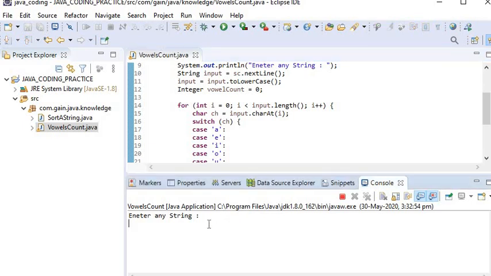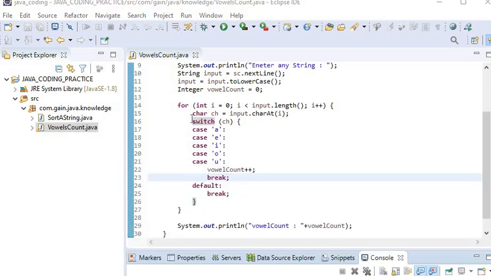Now it says enter any string, so here I will enter gain Java knowledge. Now we can see the output vowel count is 7, that is 1, 2, 3, 4, 5, 6 and that's 7.